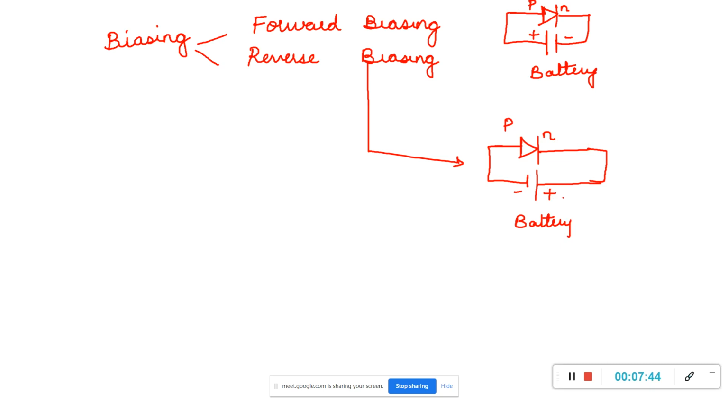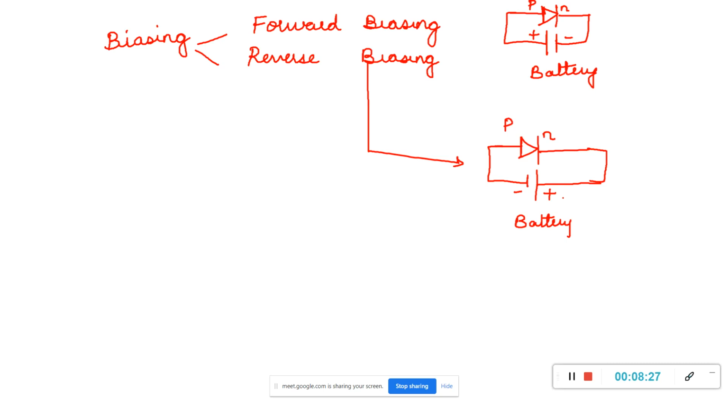So in the forward biasing, as I have already told, when I apply the voltage of the battery to the diode, more than the barrier potential, what happens is the negative terminal of the battery pushes the electrons, and the positive terminal of the battery pushes the holes from P to N region. Thus holes get repelled and cross the junction, and also electrons get repelled. So because of this, the depletion width reduces.